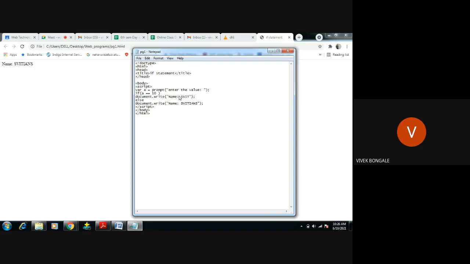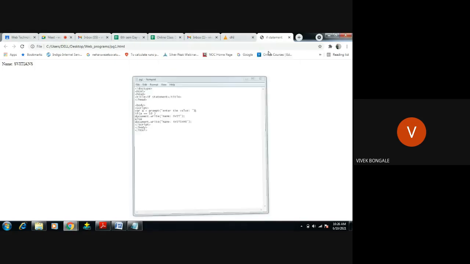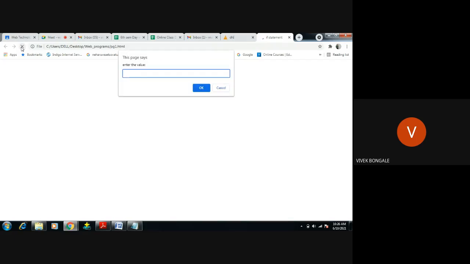So here we are not giving any value, right? Through this, the message enter the value will be displayed. Then we have to give the value. So we'll try this one, save, right? You can see, enter the value. This is what prompt is. Yesterday I showed one alert pop-up message. This is a second thing. We can do it until we insert the value.